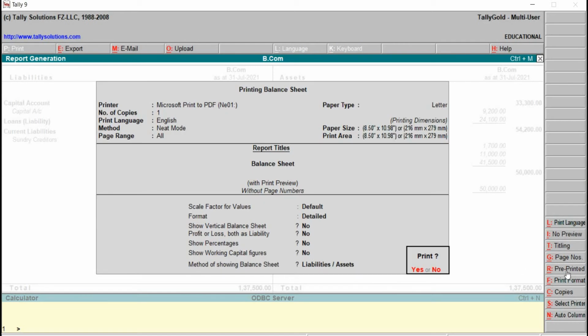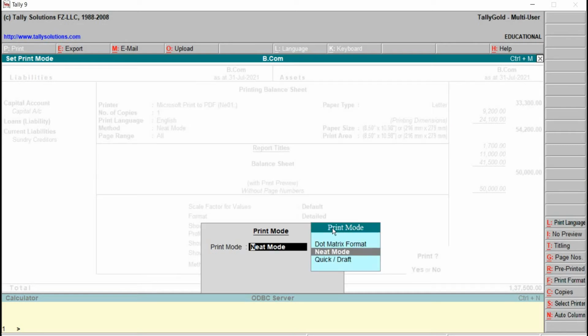Next is regarding pre-printed. Just click on pre-printed paper. Neat mode on pre-printed paper. Suppose we are using plain paper, just click for plain paper. Only neat mode will come. Print format. In case of print format, print mode, we have 3.